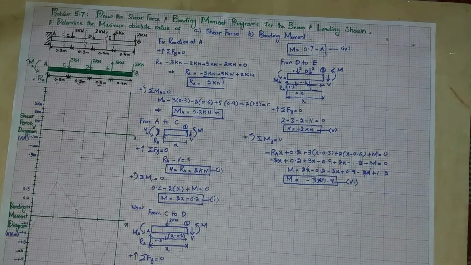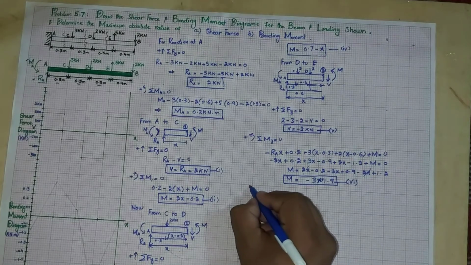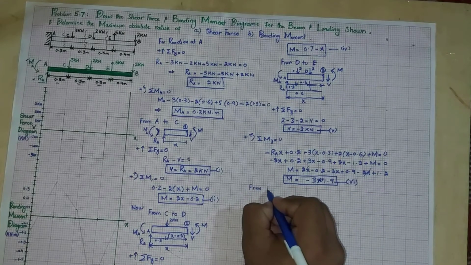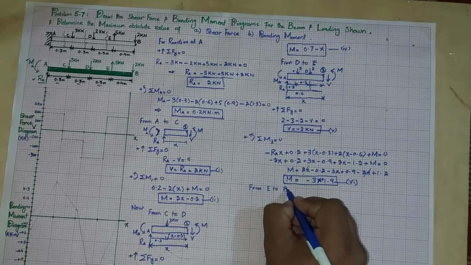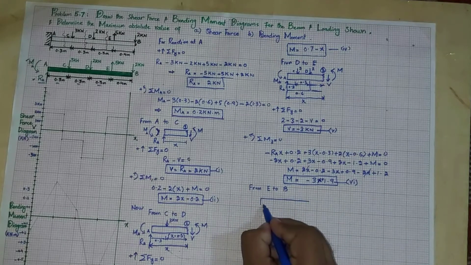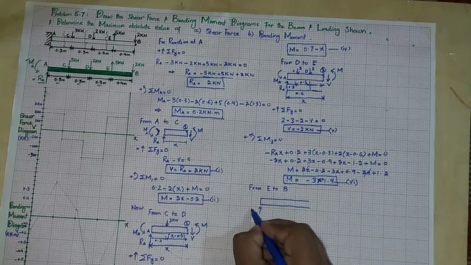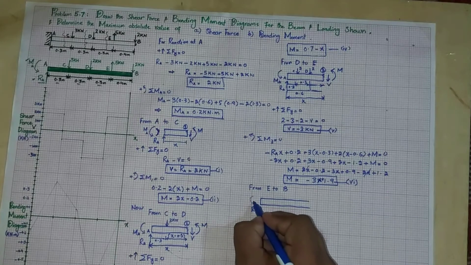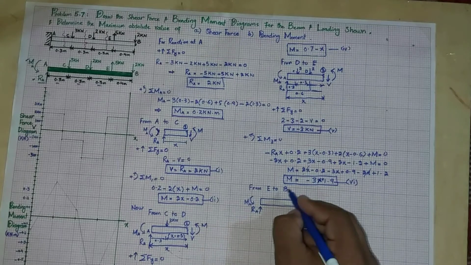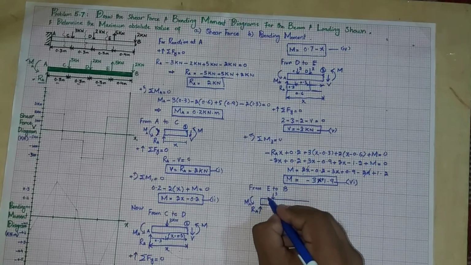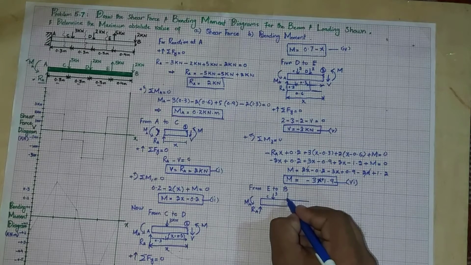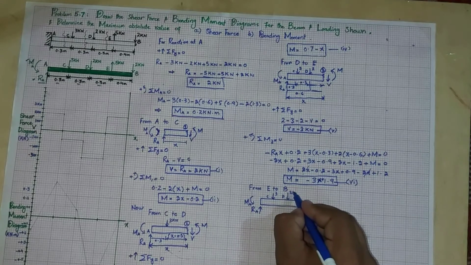Now we will move toward the final region, that is the region from E to B. So let's do this also. For the region from E to B, I will draw the beam again roughly. The beam will look like this, with reaction force RA, the moment at this point MA, this is C, 3 kilonewton, and let's say D, 2 kilonewton,